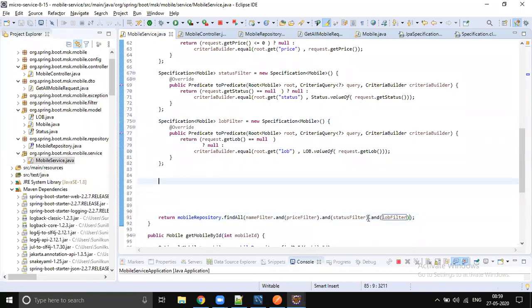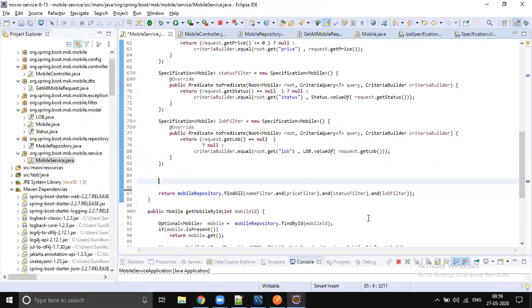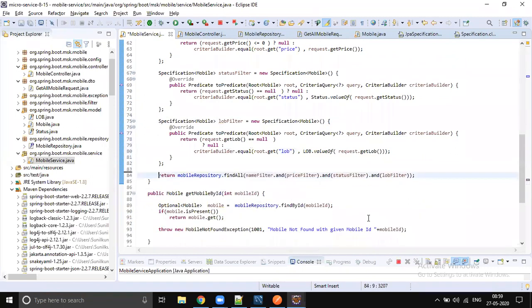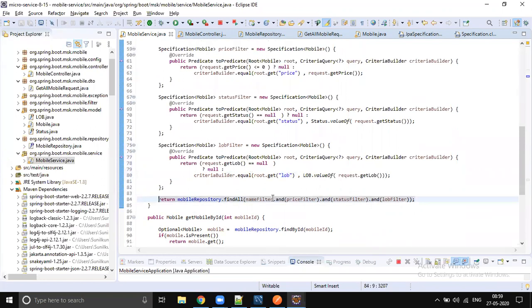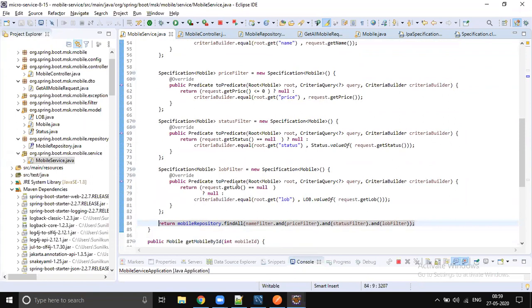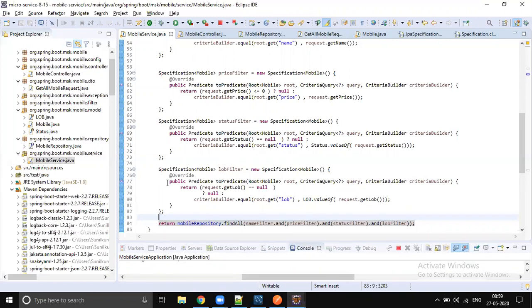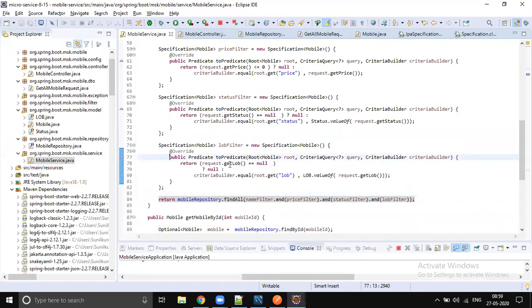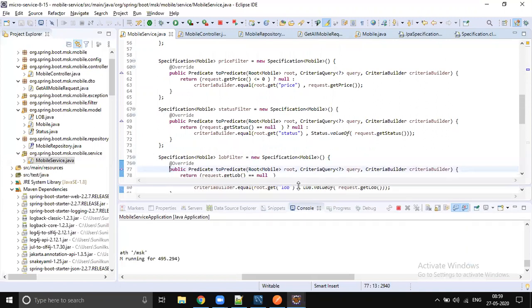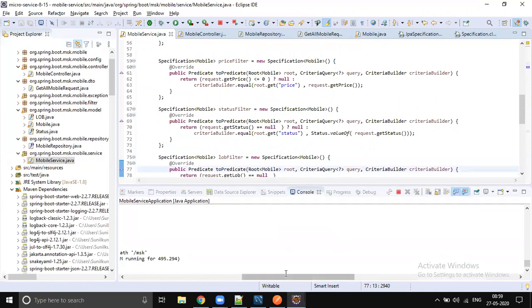So the benefit we're gonna get with this approach, your query is purely dynamic, right? So it's not hard-coded query or static query. So based on the input parameter, you're gonna generate the query, right? So it's not we, it's Data JPA, right? So Data JPA will generate the query dynamically. So now let's test all the scenarios one by one.